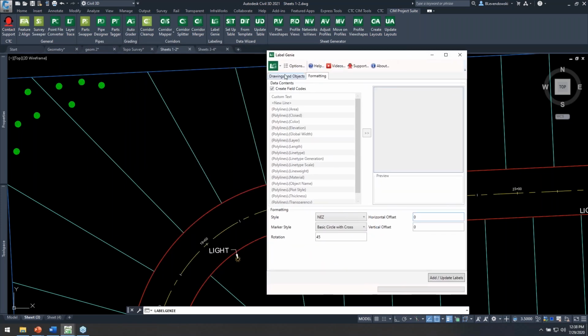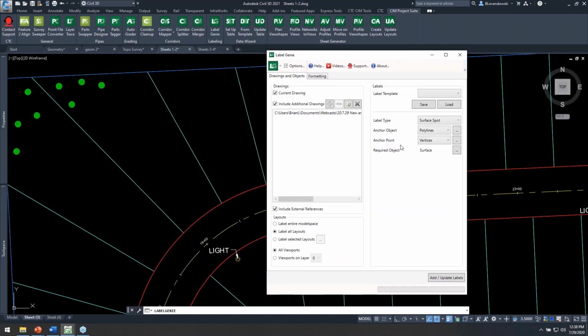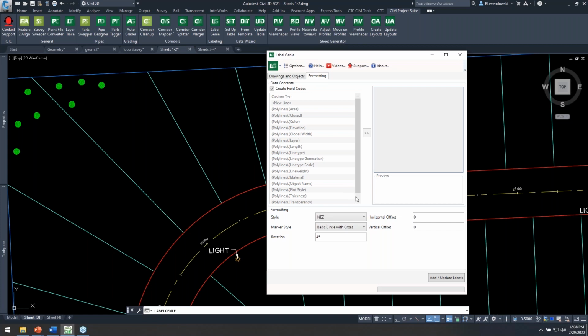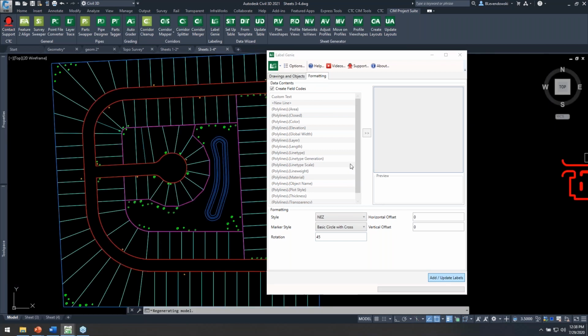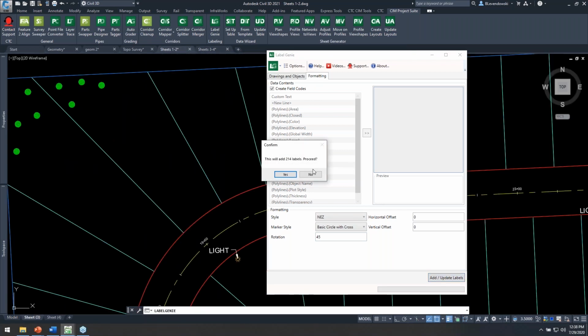Okay, so we're inserting across multiple drawings, multiple layouts at once, surface spot so that we can get northing and easting labels on these lot lines. I hit add to this. It's going to scan both those drawings. It always runs a scan of the drawings so I can give you an exact report about what's going to